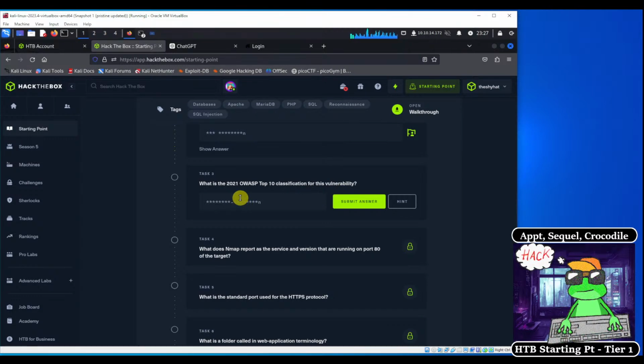Okay, so for anybody who doesn't know, OWASP is an organization that seeks to improve the security of web applications. That is, any application that communicates with the internet. And they have a list called the OWASP Top 10, which lists the top 10 web application vulnerabilities. And they update this list every few years or so. And I think the latest list is from 2021. And they classify SQL injection as a type of,